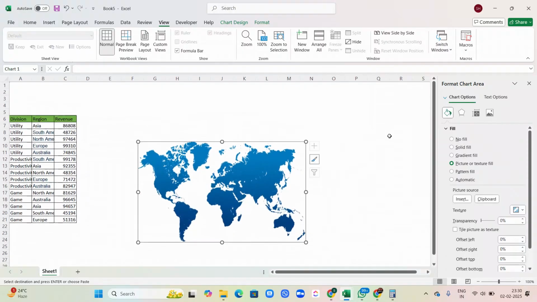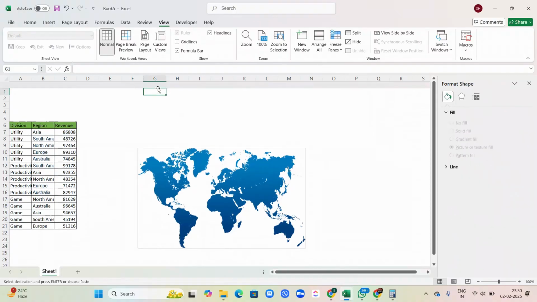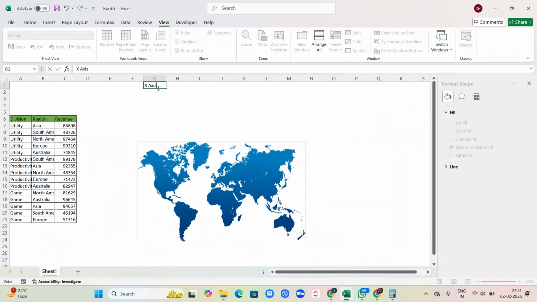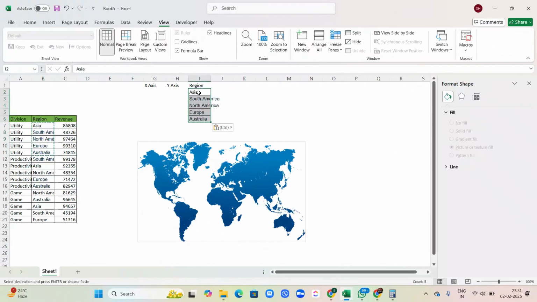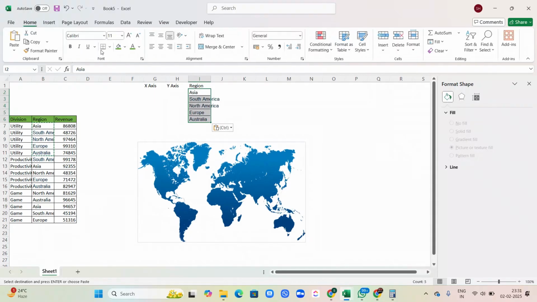Now I'll be taking you to level 2 or stage 2 of how you can implement these kinds of details. For that, first I'll be creating an x-axis, y-axis, then region. So ideally we have only 5 regions, which are Asia, South America, North America, Europe, and Australia. So I'll copy it from there and paste it here. Once I paste it, I'll make sure here also I do not have any kind of borders, so I'll make it no border,